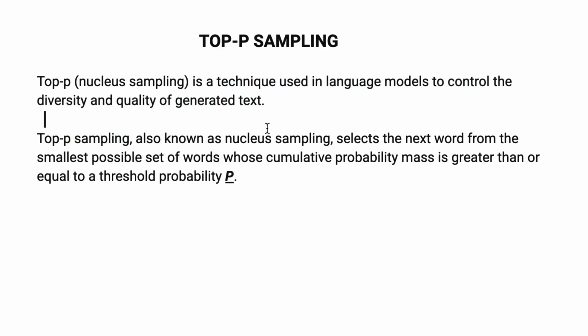Top P sampling selects the next word from the smallest possible set of words whose cumulative probability mass is greater than or equal to the threshold probability of P. Now, this is very confusing, so let me explain this. The way these language models work is they try to predict what's the next most probable word. And based on their intelligence, they assign a probability score to each possible next word that might come in ChatGPT's